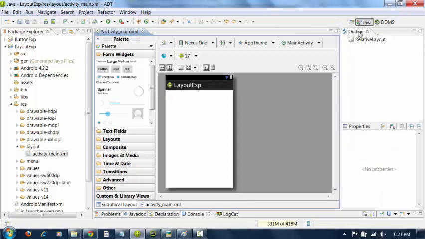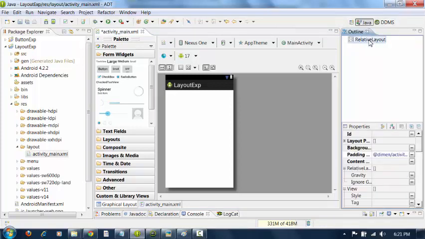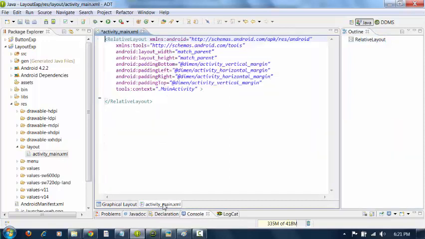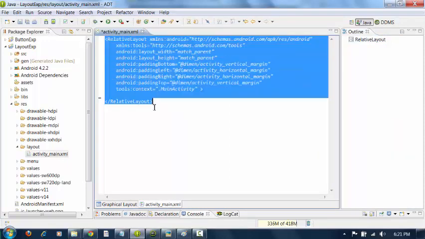Now in the outline you can see the layout. As of now it is relative layout. Here for the XML file you have two options. One is graphical layout and the XML code. So here is your parent layout.